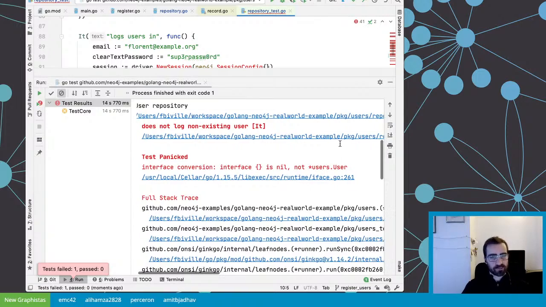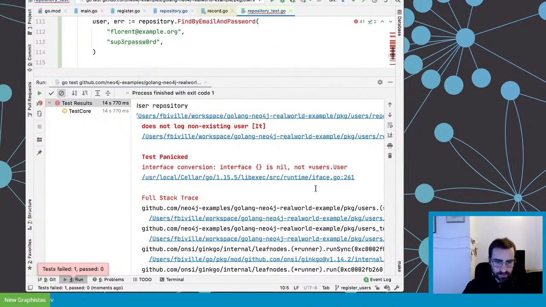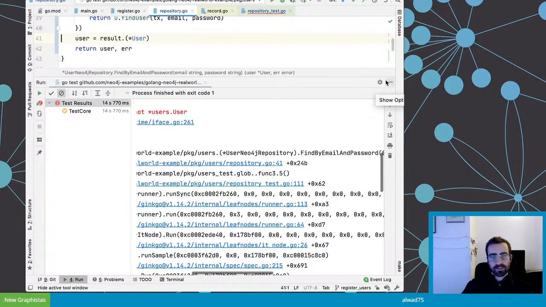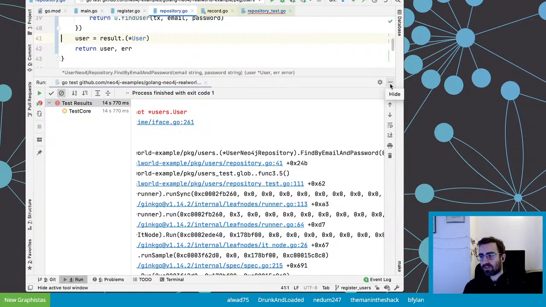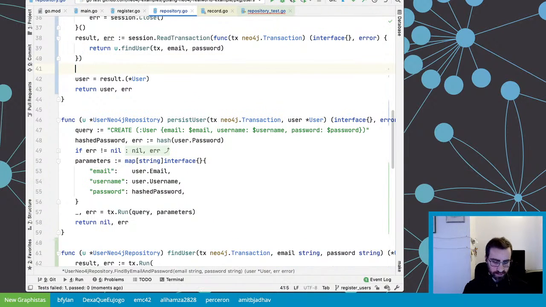And interesting. So yeah, I'm happy I actually wrote the test because there is something wrong going on, which is not too surprising. Like in Java, null is not an instance of anything. So here nil is not an instance of user, so I cannot cast it. Yay for test. So sorry for this parenthesis.